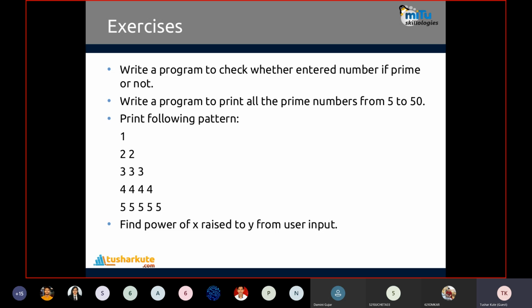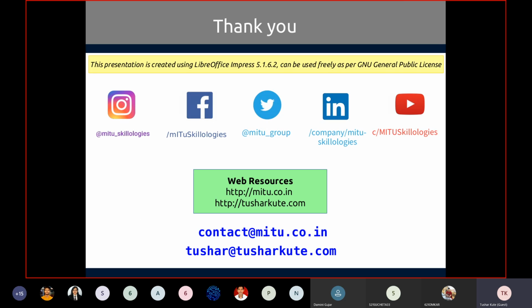So what sort of logic you employ, and whether it's possible for you to find a solution to these problems or not. Just make use of your own logic and try to find the solutions to the respective statements over here. So this is how we have learned about the decision making statements and the loop control statements. The exercises given here in the session, you just solve them, and if you have any